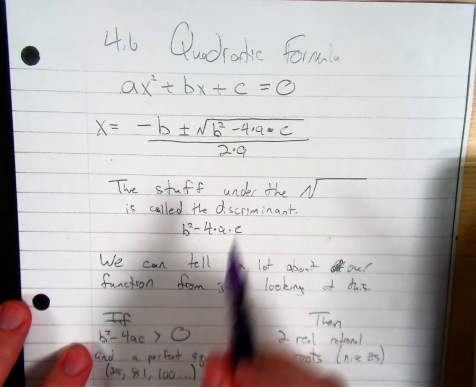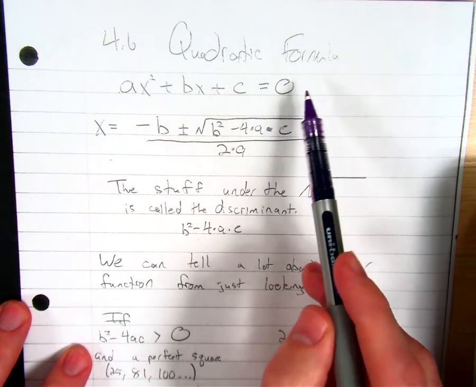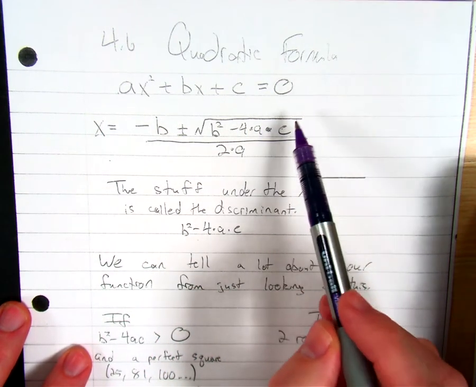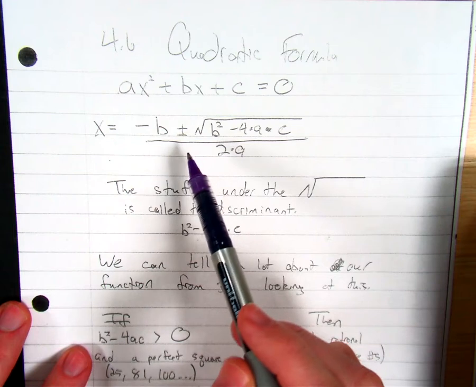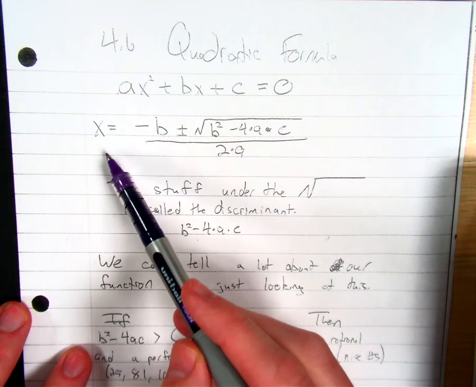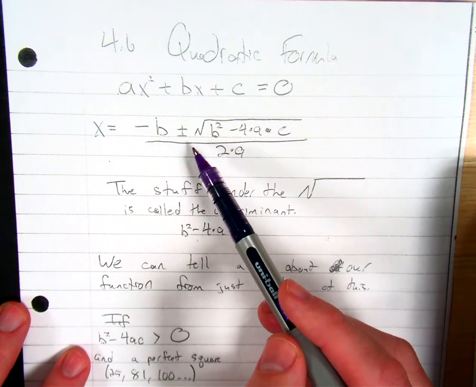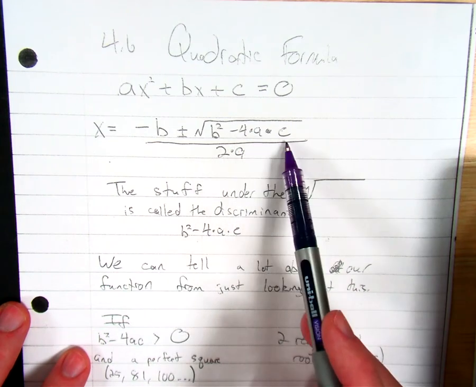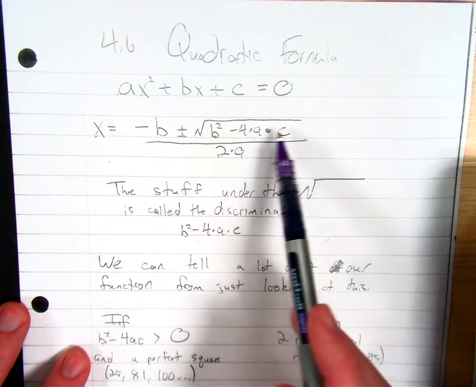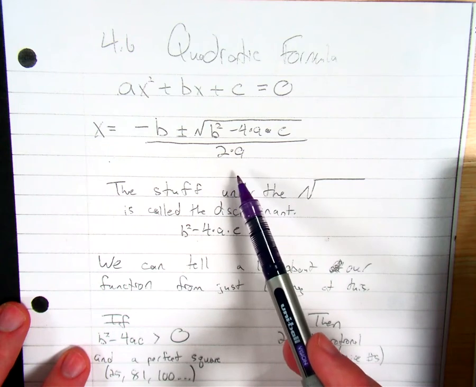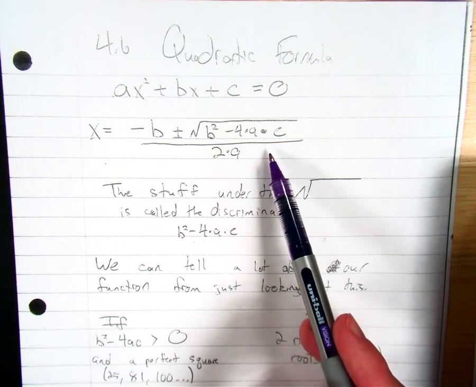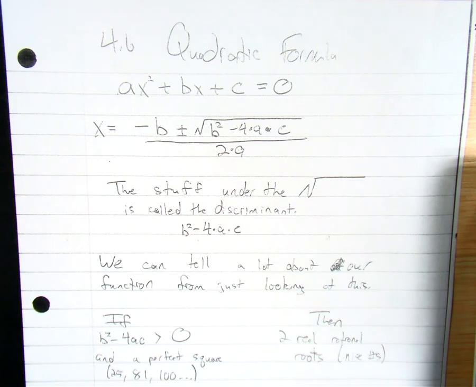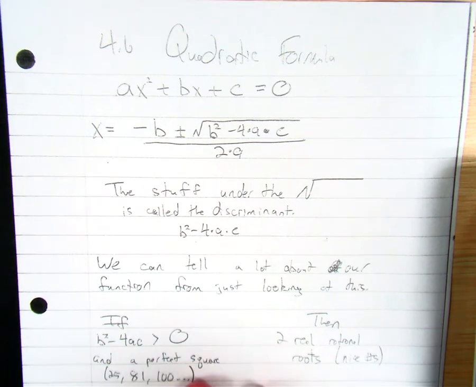So we're going to use our quadratic formula to solve equations of the form ax squared plus bx plus c equals 0. The quadratic formula itself is x equals negative b plus or minus the square root of b squared minus 4 times a times c, all of that divided by 2a. That's a big nasty formula to remember, but we use it to find the roots or the zeros